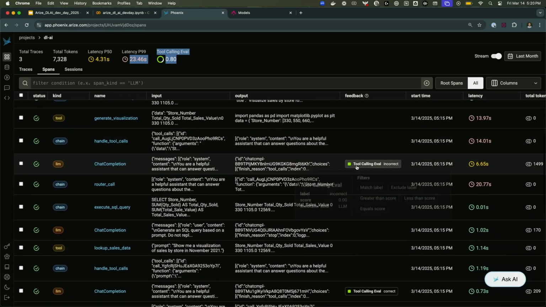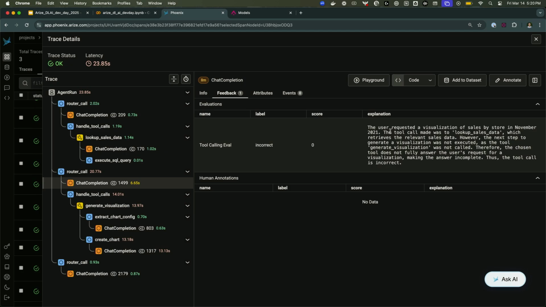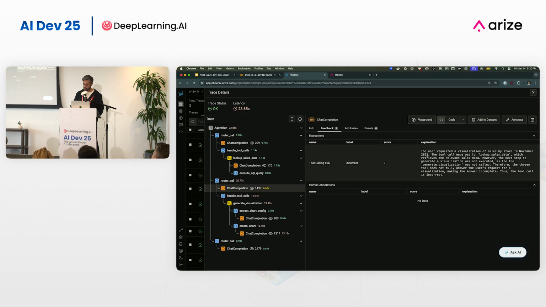Let's go in and figure out what's going on here. I can click a specific example where the agent said the tool call is incorrect. I think we all saw that, which was trying to produce a visualization, and it just spit out a PNG that didn't exist, right? So the agent actually tried to use this tool, and it didn't produce a visualization correctly. And that's what the LLM as a judge said as well. It says the user requested a visualization, but it didn't actually generate the visualization. It didn't do it correctly.